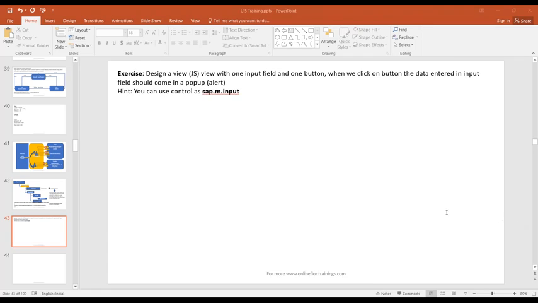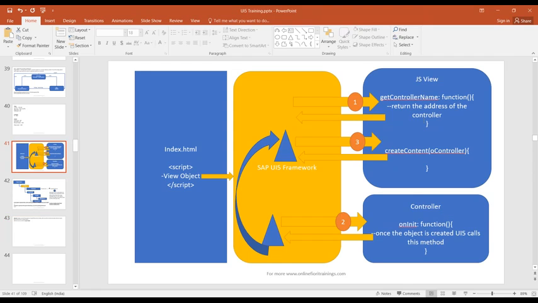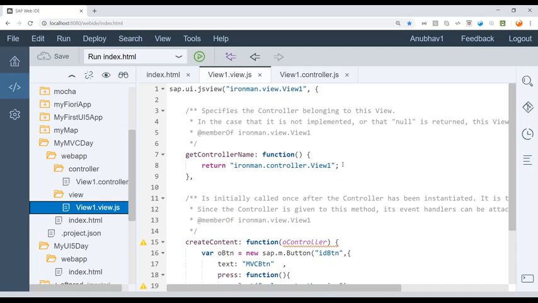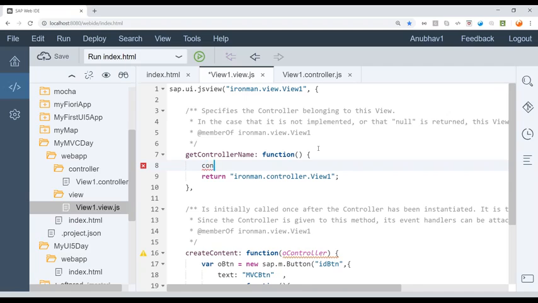Hey, the flow explanation is planned in the next session, the one which you explained in the PPT in this program. We will discuss it; this is already covered. If you just come and check, put a console statement here, console.log, and just put which method is called: get controller name